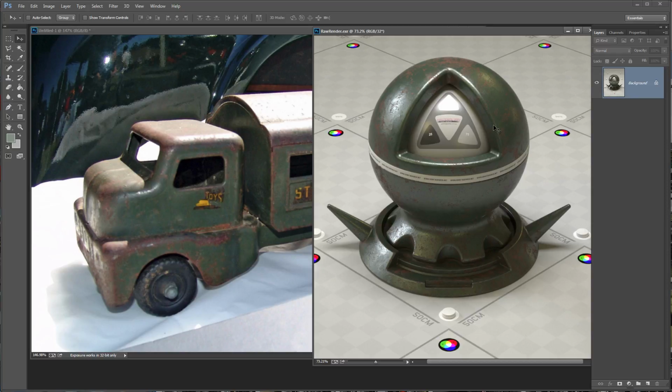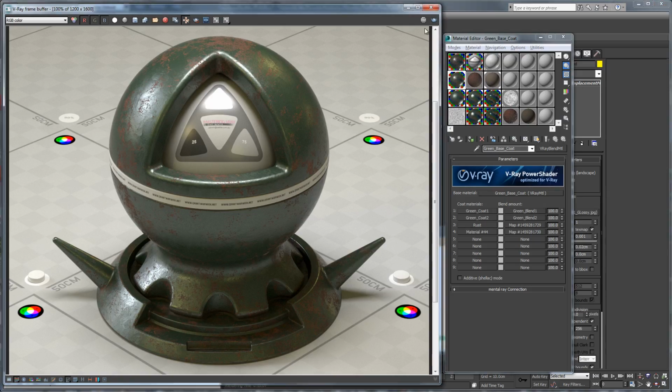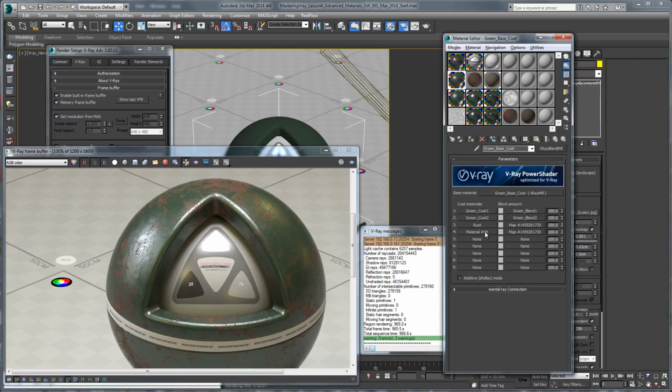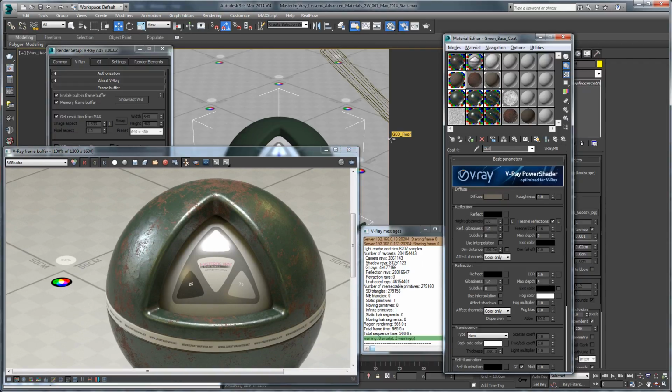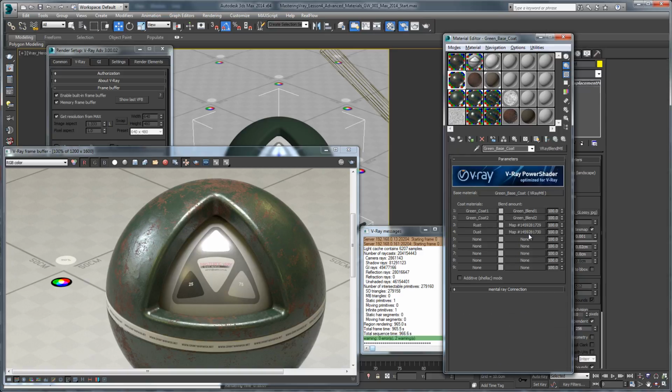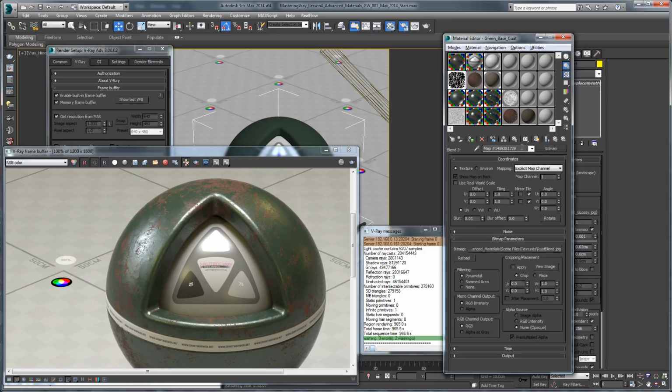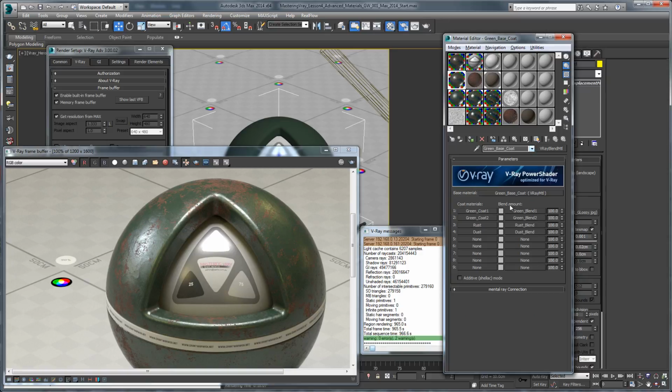So one last thing I'm going to show you before I finish up the video is just how modular this material can be. Basically, it's a very complex material, and let me just name this dust. But because everything's been separated and blended correctly,